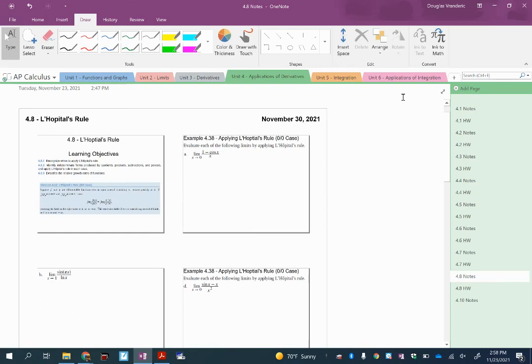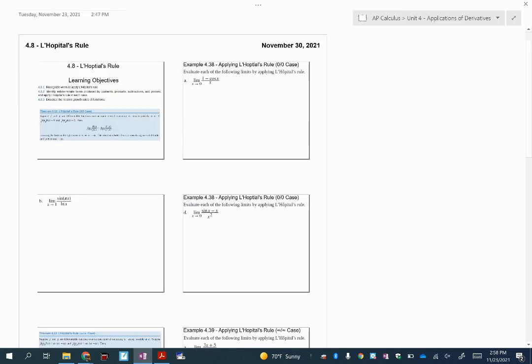This lesson is going to be about L'Hopital's rule. This is just a way to help us determine the limit as x approaches some value, when you're able to plug in that value and you get 0 over 0 or infinity over infinity. These are the different types of cases that in the past, when we did this with unit 2, we had to get a little creative with, in terms of maybe factoring or multiplying by the conjugate,